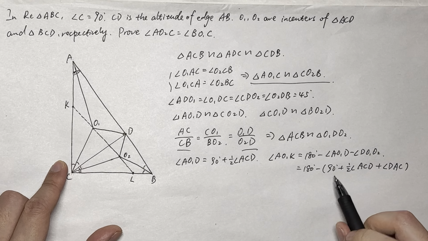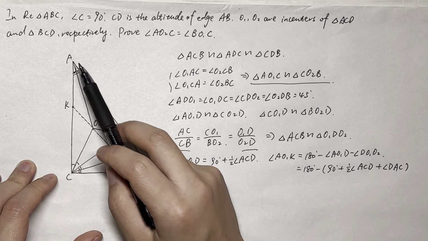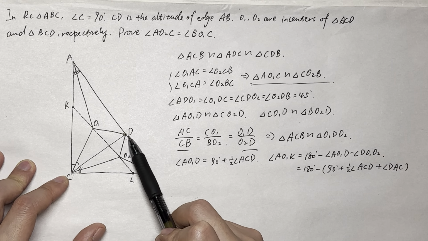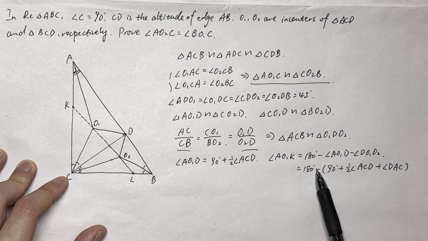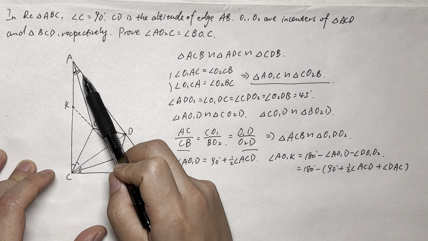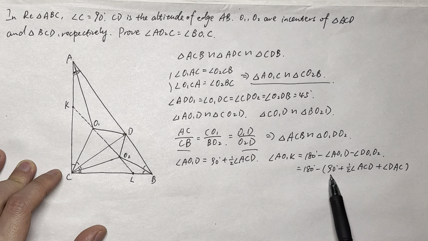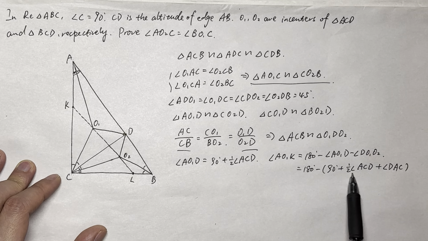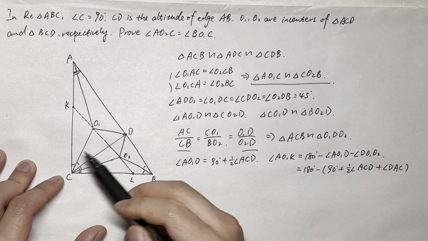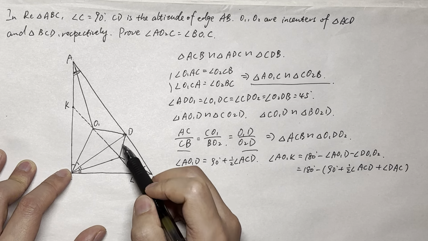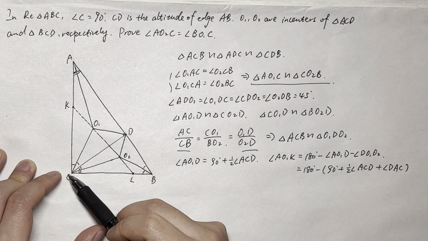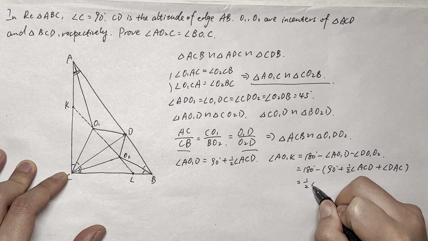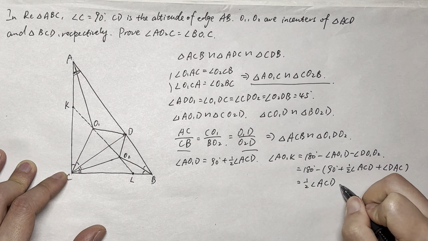So let's see here. The 90 degree, let's see the triangle ACD. Right. 180 degrees can be considered as a summation of the three inner angles. And 90 degrees can be considered as angle ADC, right? Half of angle ACD, that's half ACD, and angle DAC, which means the rest of the part would be another half of angle ACD, right? So equals to half of angle ACD,